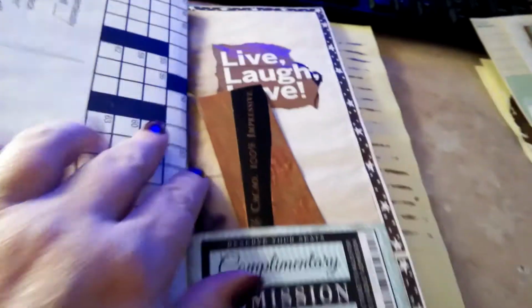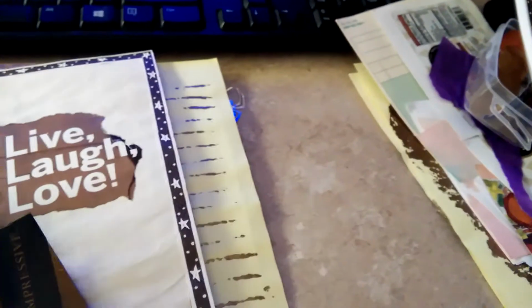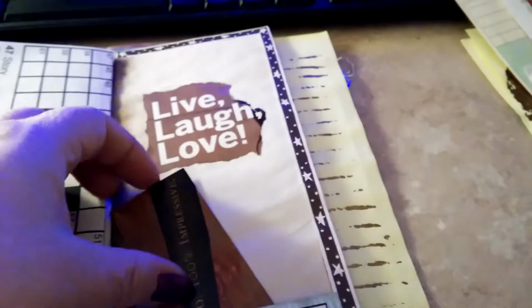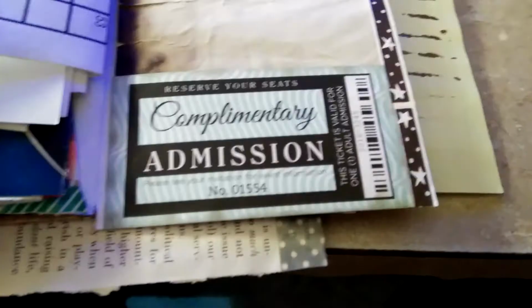Then another envelope page, and I found the Live, Laugh, Love, and I used a complimentary admission ticket to I don't know what. Reserved seats, though, whatever it is. Came with an advertisement thing. And then,